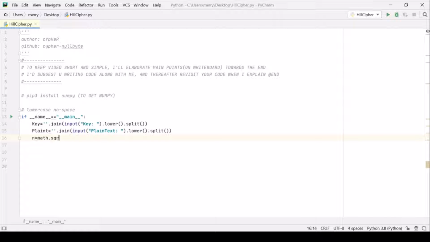We are interested in finding the square root of the key because we want to validate if it will be able to form a square matrix or not. Let's go. What should I do? We should use it. We can also use math.floor, but anyways,